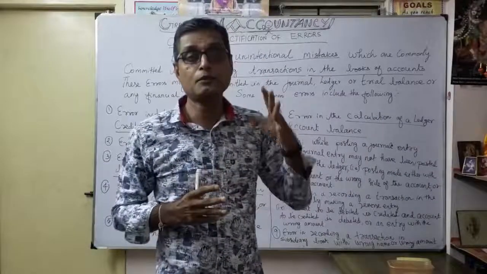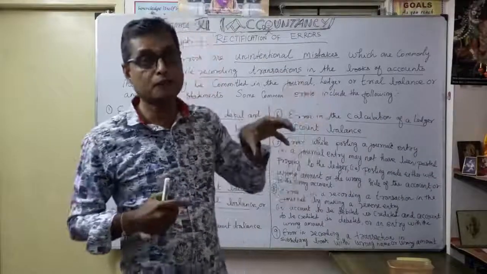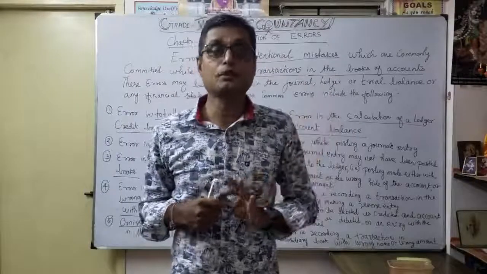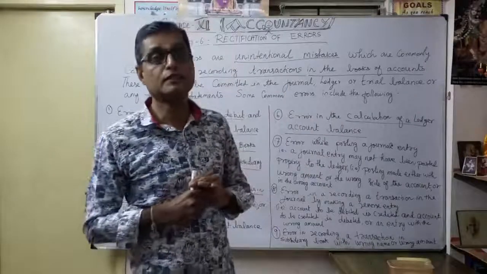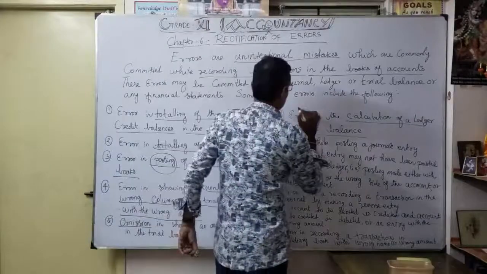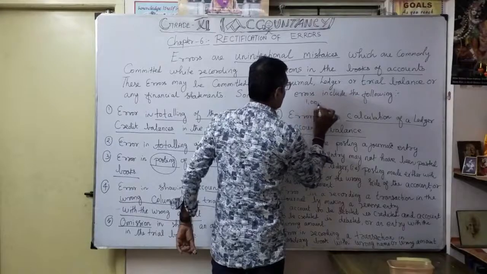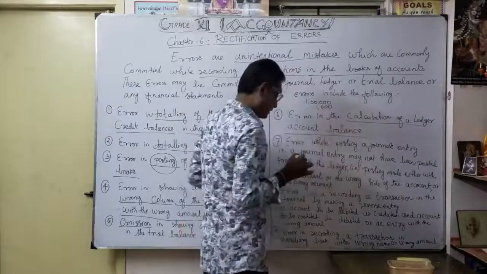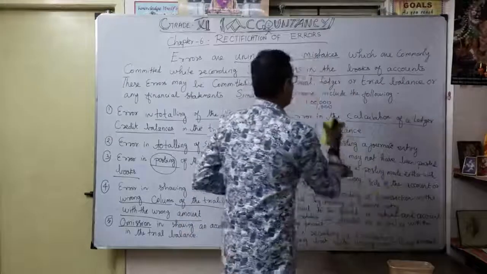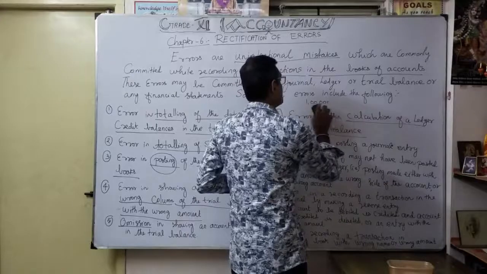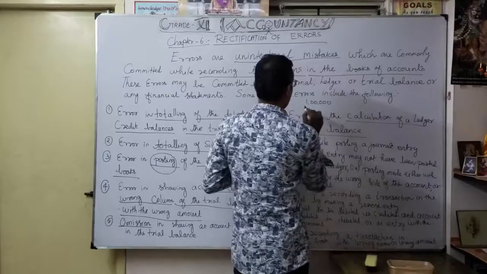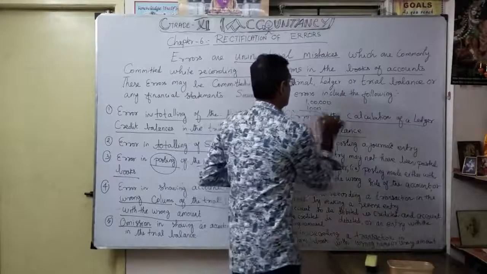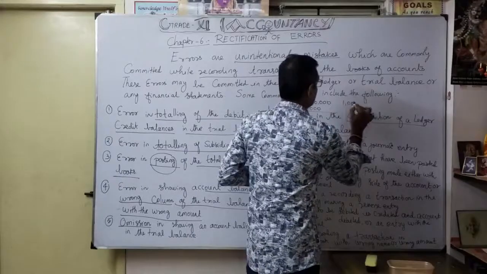So you should be very careful. You have to write the amount carefully. How to enter the amount, we already discussed. The decimal is very, very important. Proper placement of the amount is very important. For example, I will show you here. As 1 lakh, you should write it, and suppose the next amount is 1000. Instead of writing 1000 in the proper place, suppose you blindly write it in the next column. What will happen? We can't add these two together. That's why the placement is very, very important.